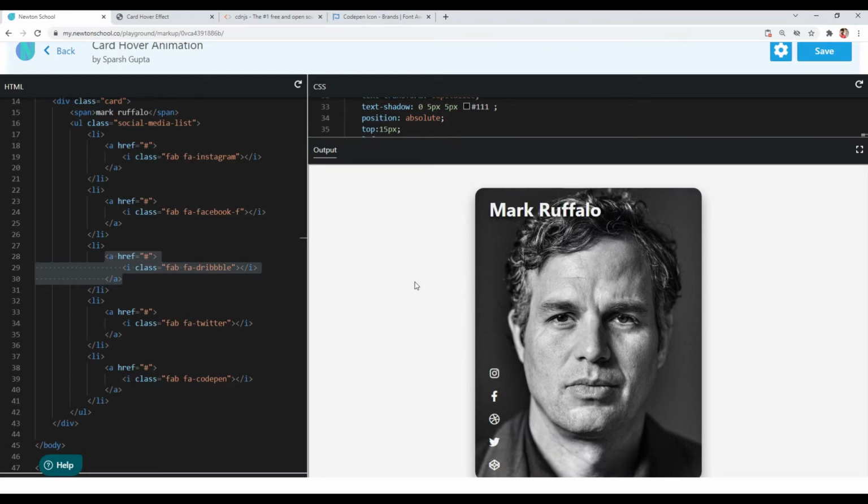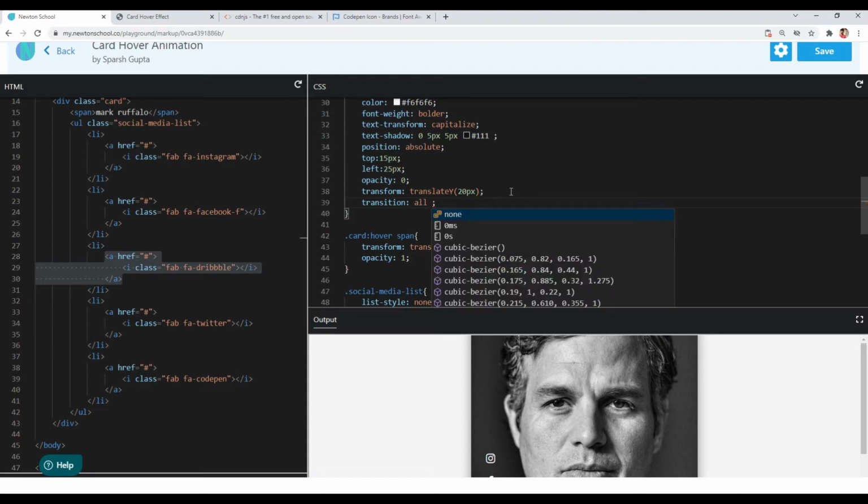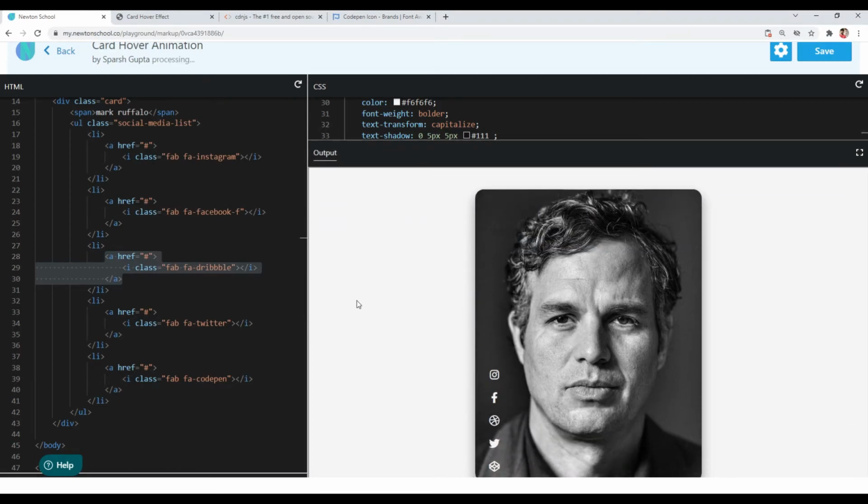When I am hovering the card, you can see it's becoming visible, but you can't see the upward motion of our span element because the effect is so sudden. Okay, so let's add transition to our span element. So I will write transition property, and let's say we want transition on all the properties, and I want the transition duration to be 0.3 seconds. And now you can see when I hover the card, it is becoming visible and moving upwards simultaneously.